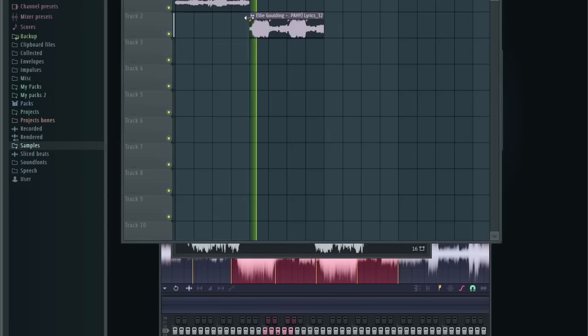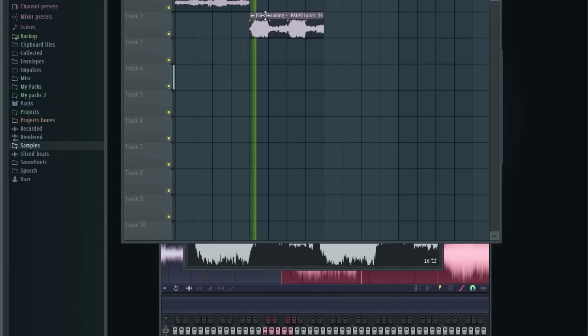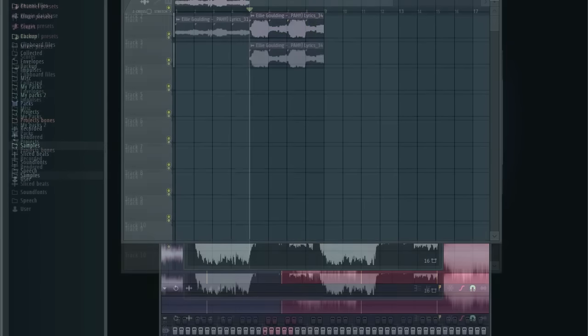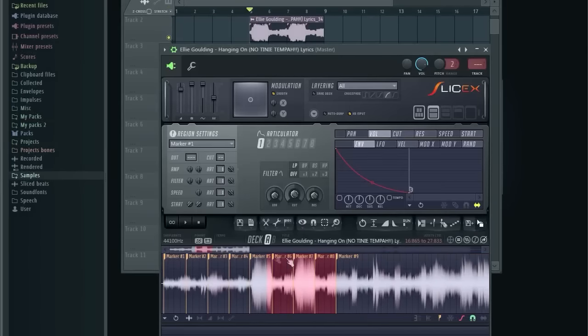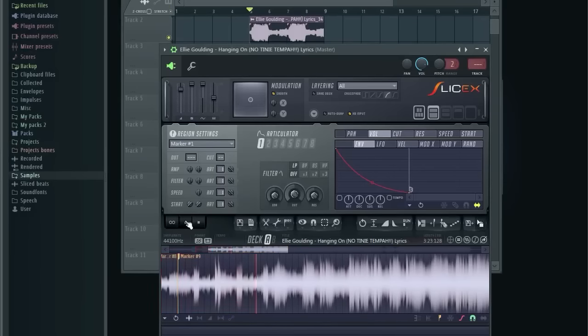Okay, at the start I felt it's not good, so let me cut it back a little bit. Let's do the same thing again. Right. Perfect. Now we need 2 more parts, okay? Because this sample has 2 more parts I would like to use, so let's find them. 1. Okay, that's where it starts. Let's cut it.